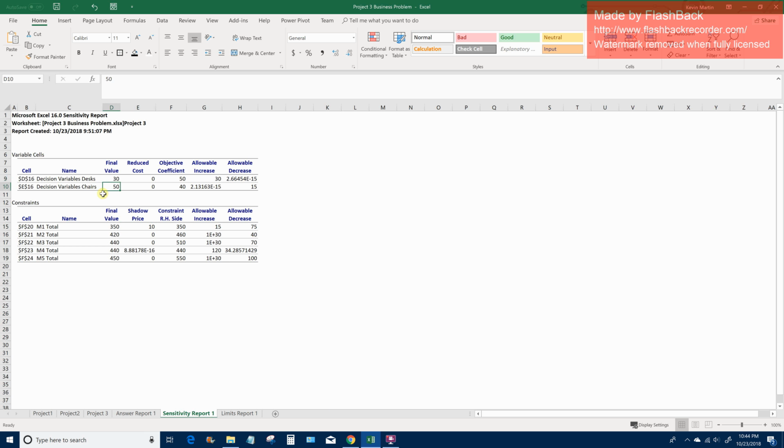Going over to the sensitivity report that Solver gave us, here are our decision variables. They wanted the 30 desks, 50 chairs. And of course, we can't reduce costs because they're maxed, so we're going to get 0 values here. Another thing to look at, though, is our shadow prices. We did get some values here